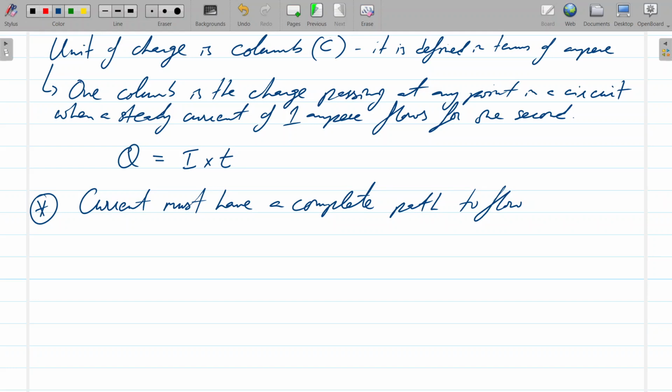If it does not have a complete path, an object might become charged. For example, if you've got a metal rod with a plastic handle and you're holding that, and if you zap the metal and it becomes charged,